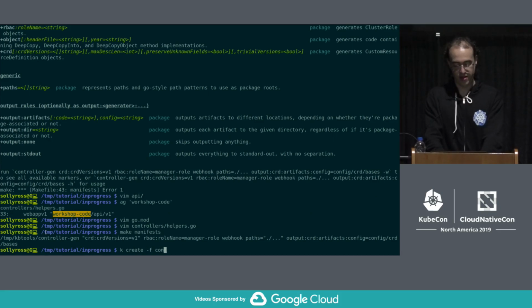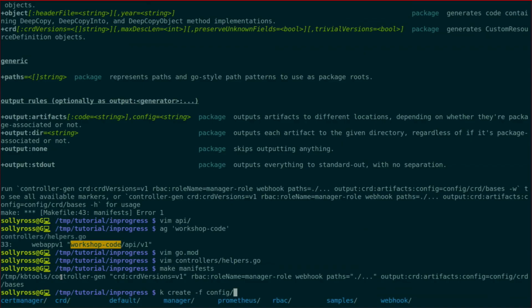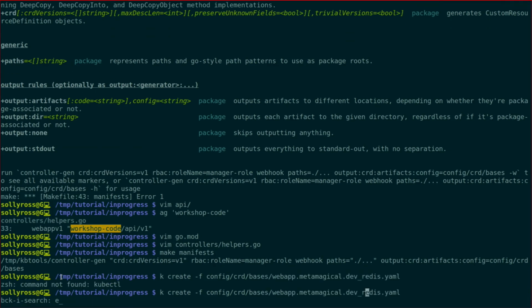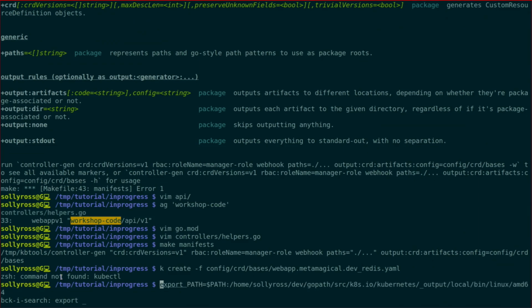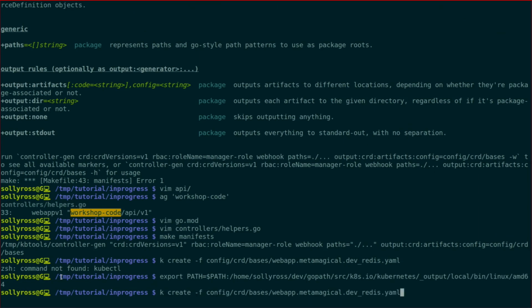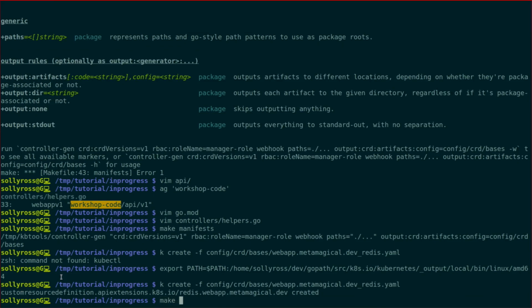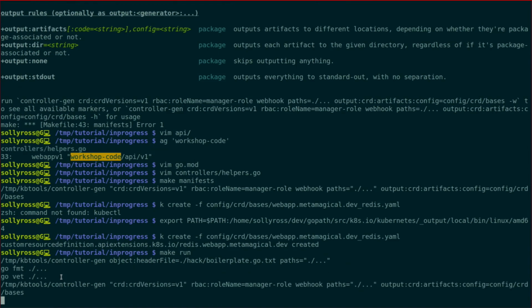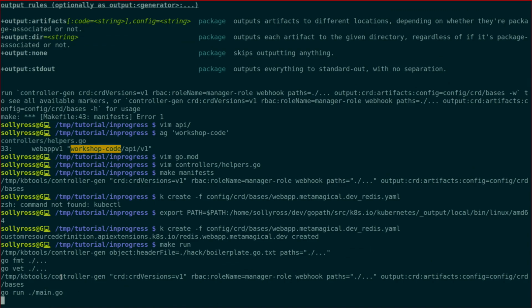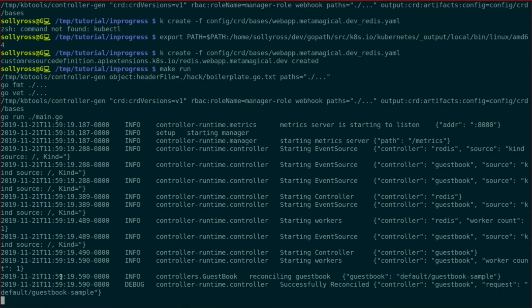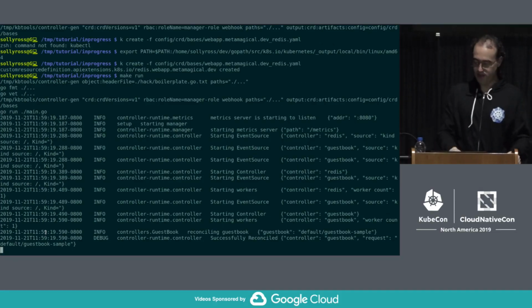So we'll install our Redis CRD as well, since I haven't done that yet. I don't know if any of you have, but I haven't done it. We'll make sure kubectl is on my path, and then we'll do that. All right, cool. Now we should be able to do make run. Aha! We can see we've got this log line that says successfully reconciled our guestbook controller. So we have a running